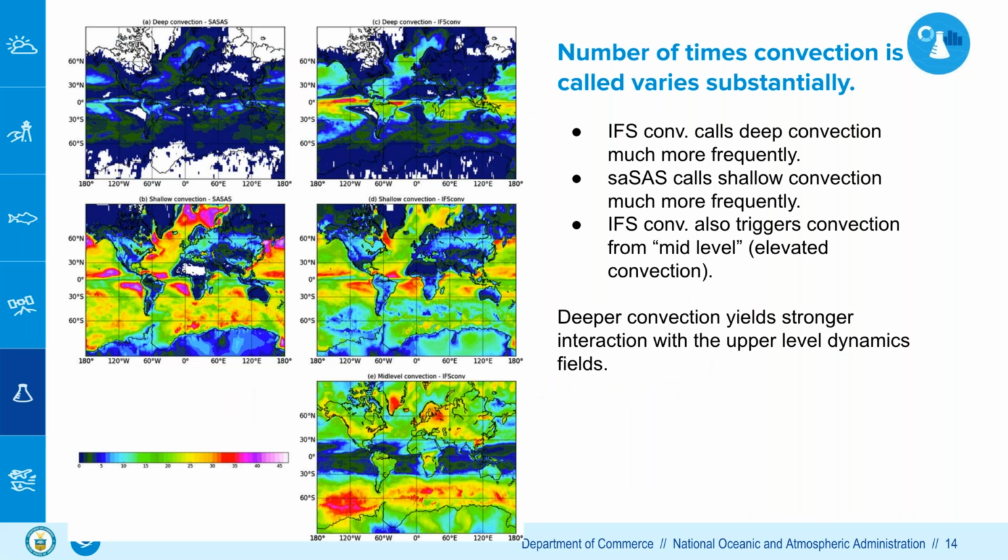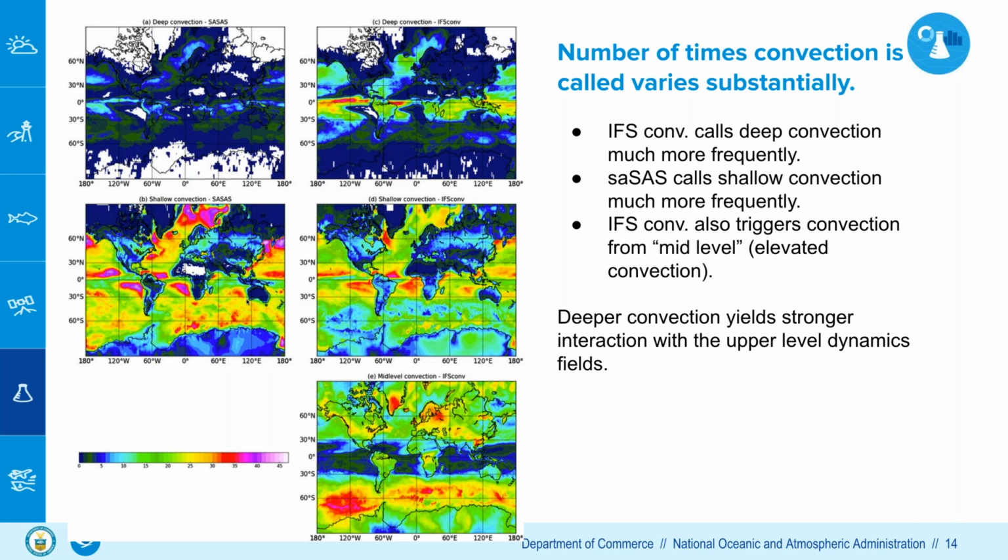To understand that further, we looked at the number of times convection is called between the different schemes, and we find that this varies substantially. In the top row we have deep convection in SAS and deep convection from IFS, and this is the number of times convection is called on average within a 6-hour time frame. You can see it's almost more than double along the tropical band with the IFS convection,